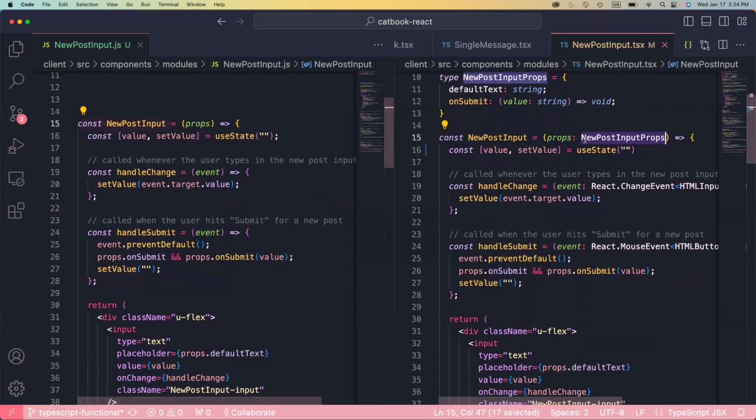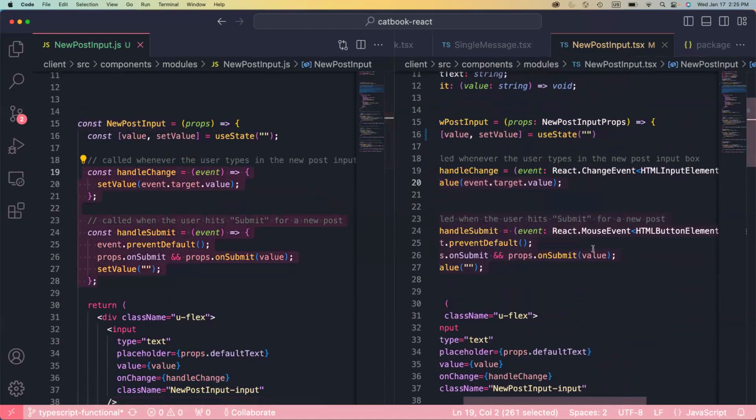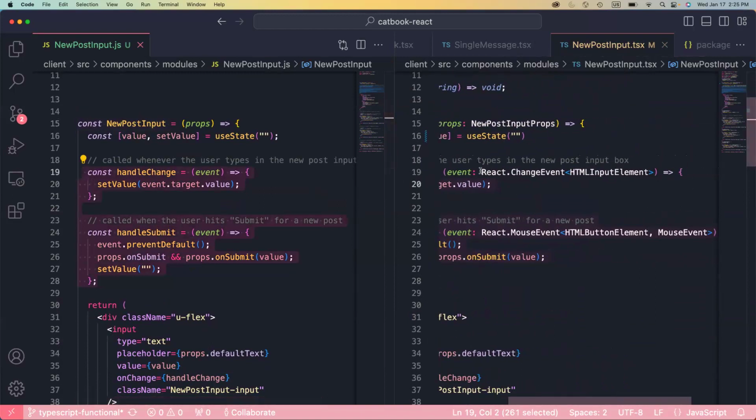And our useState hook is the same because, again, it's clear to the TypeScript compiler that the initial type for value is a string. So we don't need to explicitly define this. As with our handleChange and handleSubmit functions, the only difference really is that we're explicitly saying that the event is of type React.ChangeEvent or React.MouseEvent.